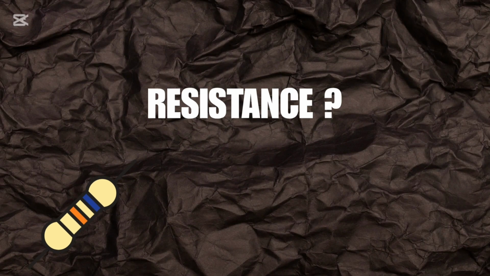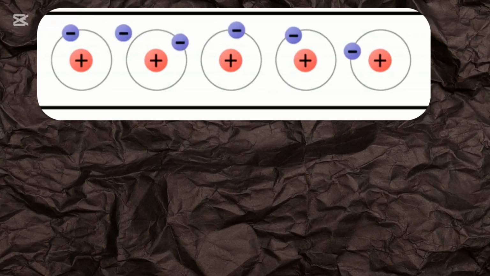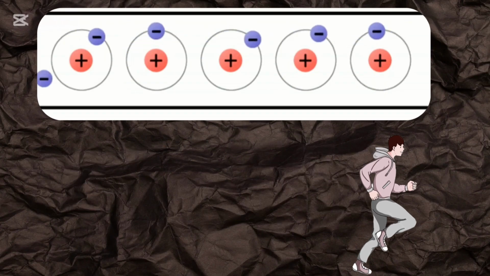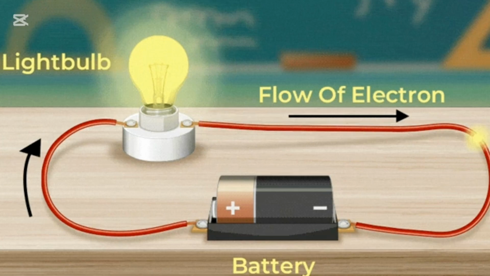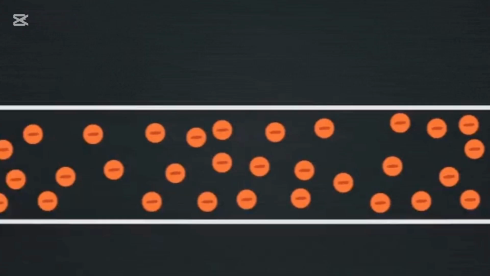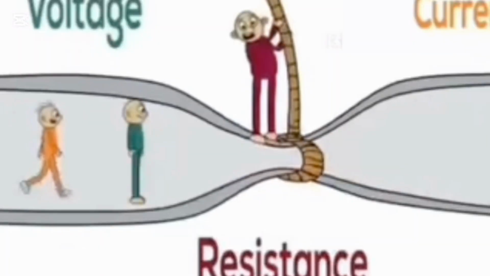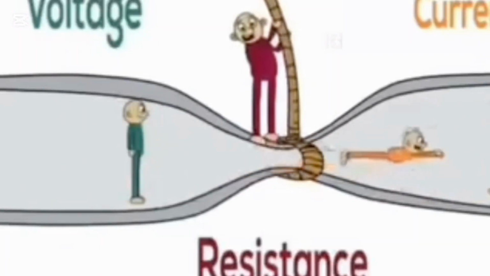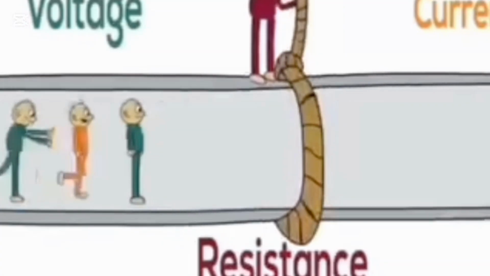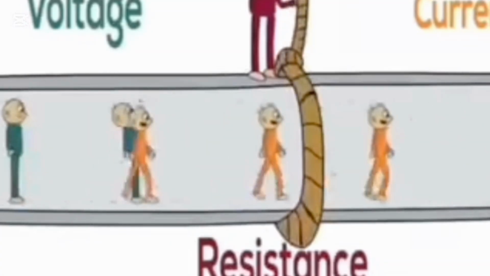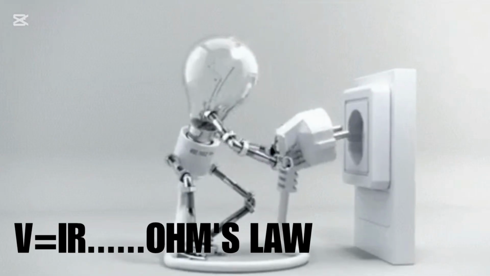What is resistance? Basically, whenever charges flow from one point to another point within a conductor, meaning that the flow of charges corresponds to the flow of current, the conductor's ability to oppose or resist that current is what we call resistance. Essentially, we can also define resistance as the property that as it increases, the current flow through the conductor decreases. For example, according to Ohm's law, which states that voltage equals current times resistance,